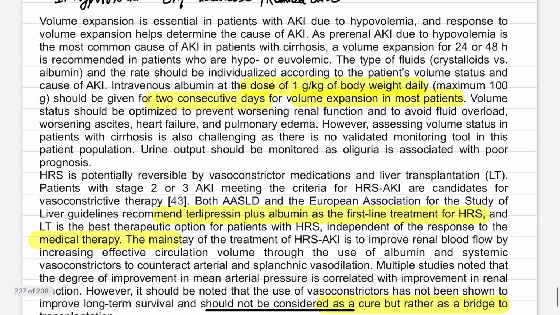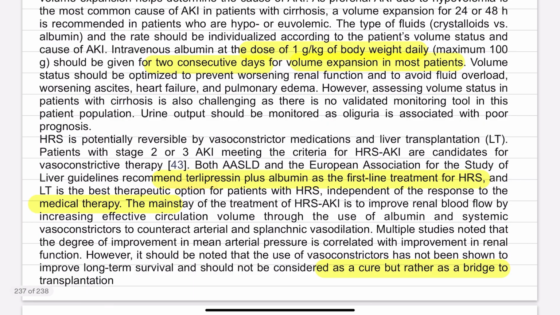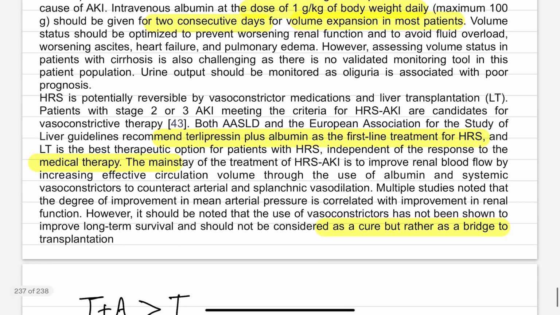Remember this. As you know, HRS is potentially reversible by vasoconstriction medication. As I told you, HRS is because of splanchnic vasodilation. So if you constrict the splanchnic vessels, more blood will be available in the systemic circulation, and the renal system will get enough blood. So you have to give a vasoconstrictor; the approved vasoconstrictor is terlipressin. The AASLD and European Association for the Study of the Liver guidelines recommend terlipressin plus albumin as the first line treatment for HRS, and